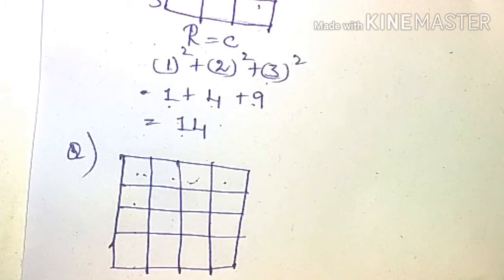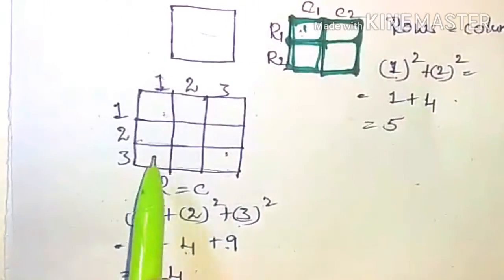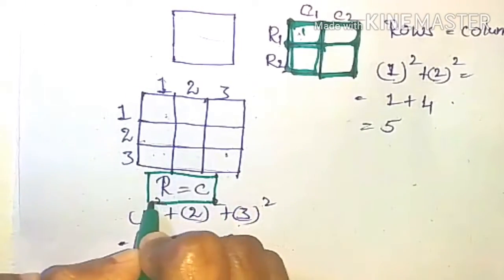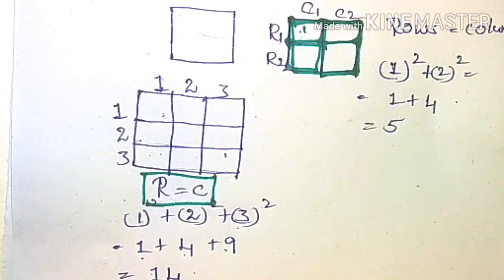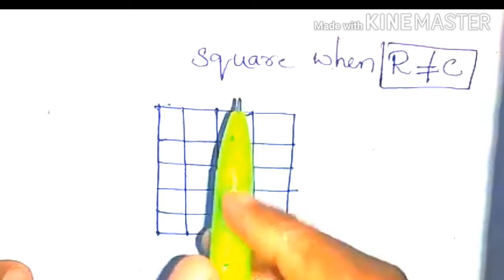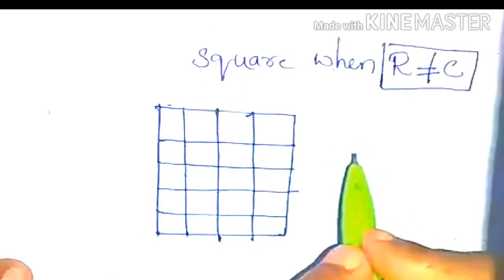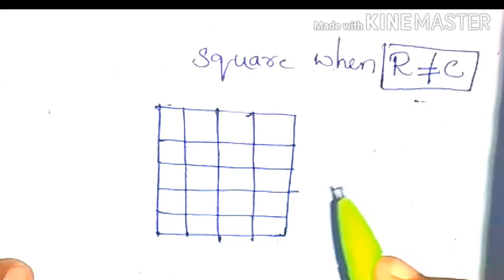And let us go for when rows and columns are not equal. This condition is applicable only when the rows and columns are equal. Mark it, right? Don't get confused. Only when rows and columns are equal do we use this method. What if rows and columns are not equal? Previously we learned a method for when rows and columns are both equal. Now here the number of rows and columns are not equal. Let's see how we have to solve this.